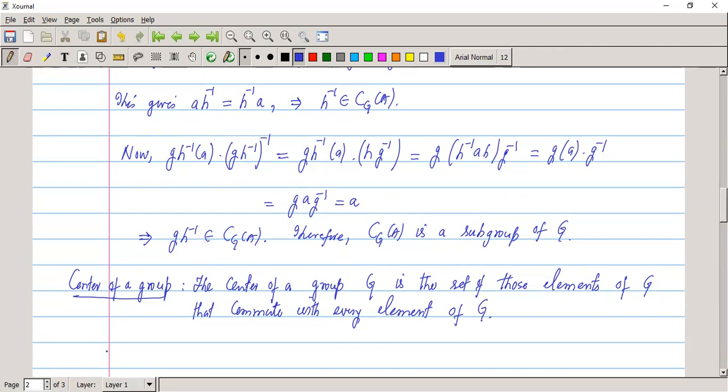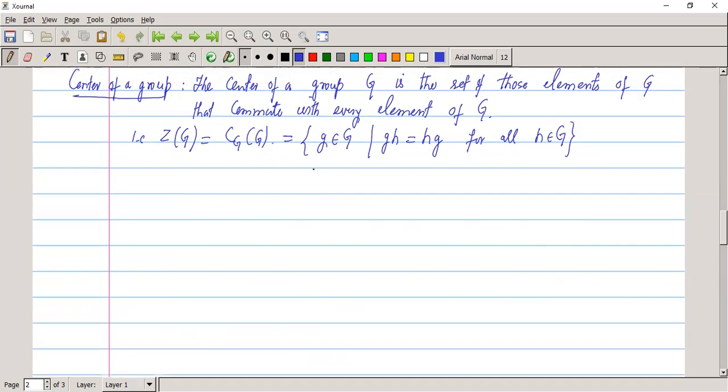So in terms of the centralizer, the center of a group is actually denoted by Z of G. This can be defined as the centralizer of G in G. So if we choose the set A as the whole set G, then the centralizer of that A will be the center of G. So this is equal to the set of elements g belonging to G, such that gh is equal to hg for all h belonging to G. So the center of a group is the set of those elements of the group that commute with all the elements of G. For example,